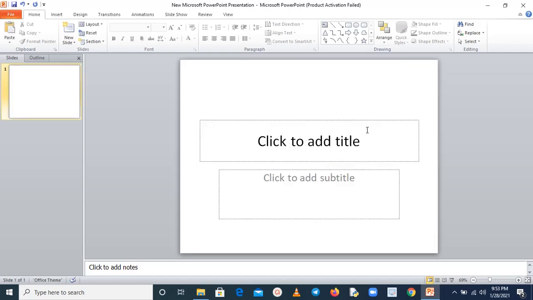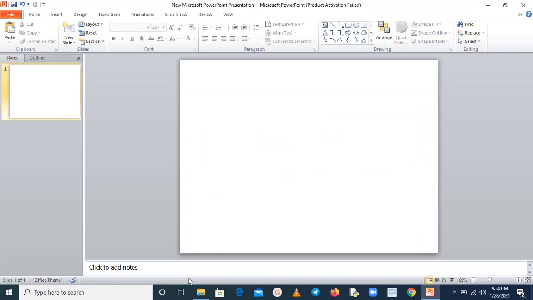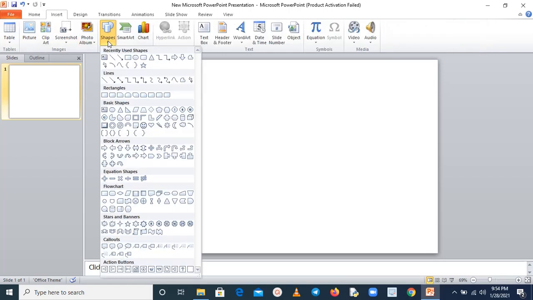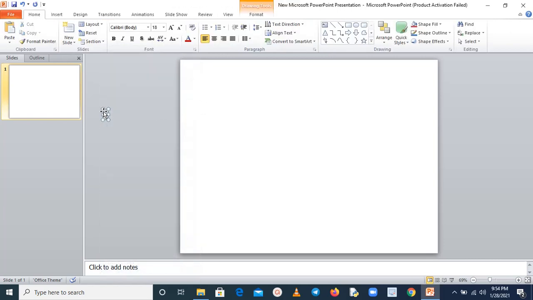Firstly, you have to click on insert, click on shapes and take a text box. Okay, so here I have taken a text box.